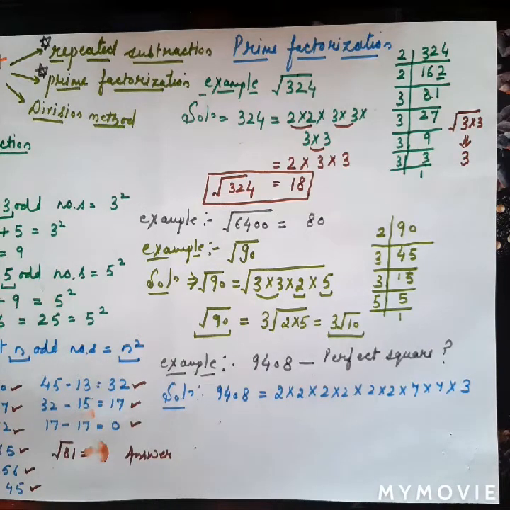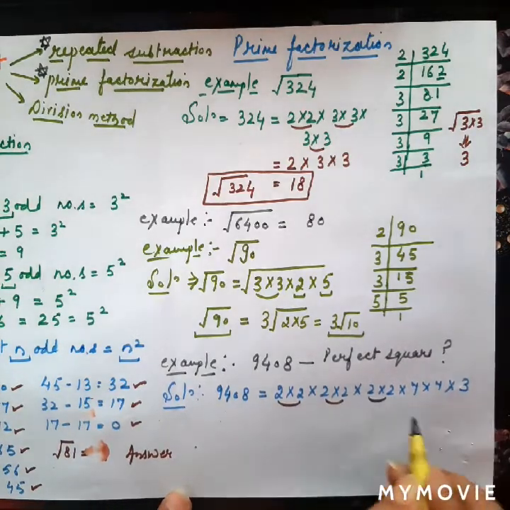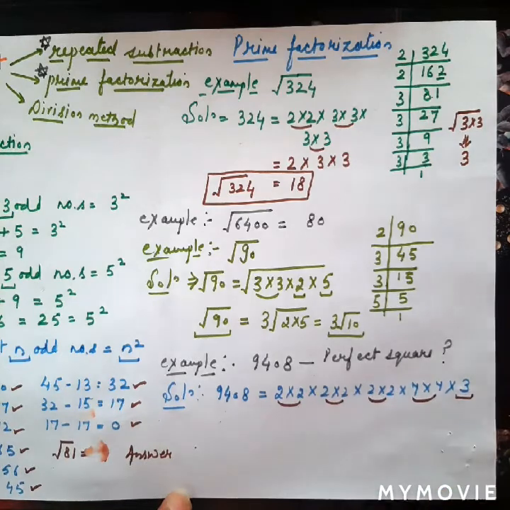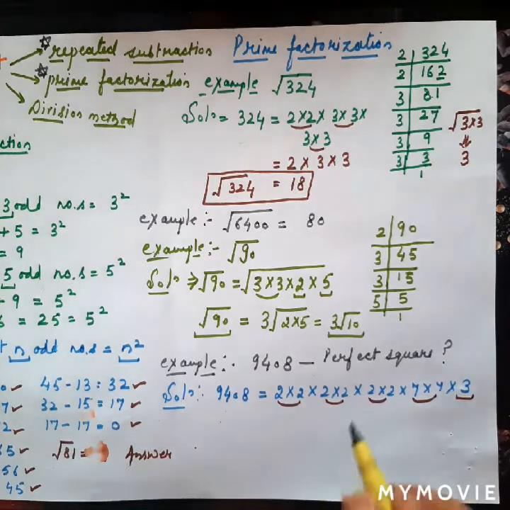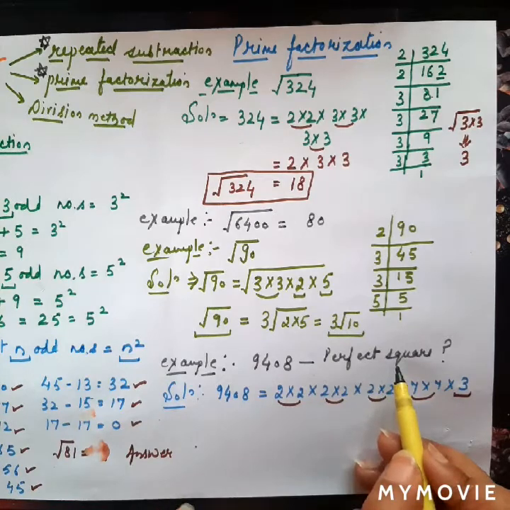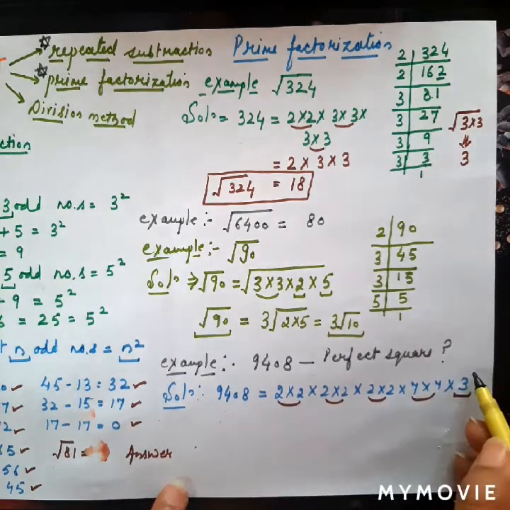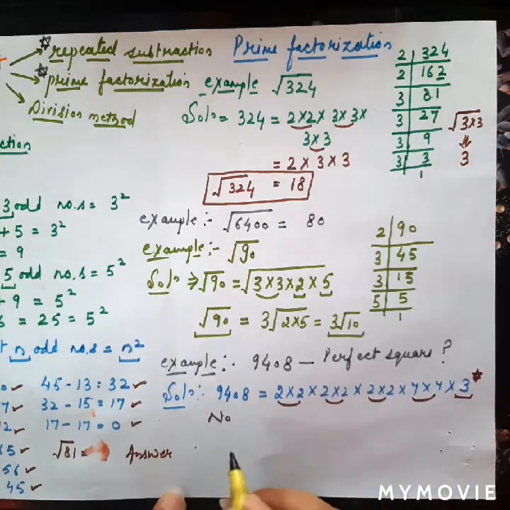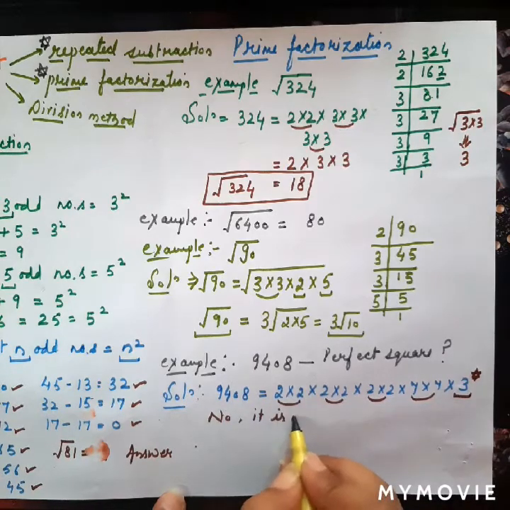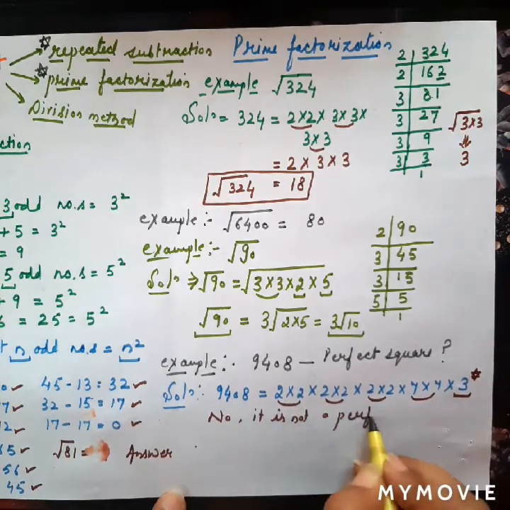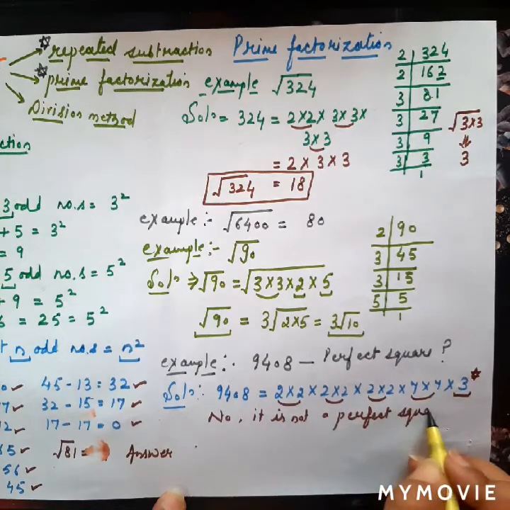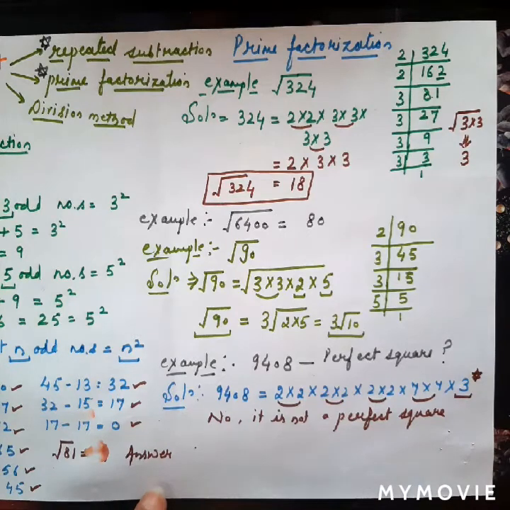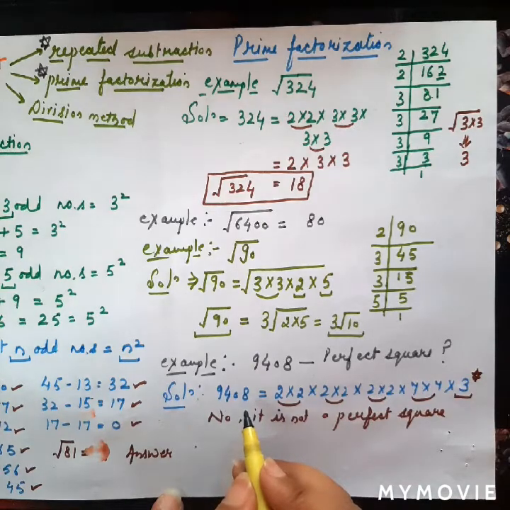Now the fact is, here this is in pair, this is in pair, this is in pair, this is also in pair, so we are left with 3. So obviously the first question was, is it a perfect square? No, this is not a perfect square. Why? Because this is the number which does not occur in pair over here. So no, it is not a perfect square, right? And the next question was, by which number it should be multiplied or divided in order to make this number a perfect square.